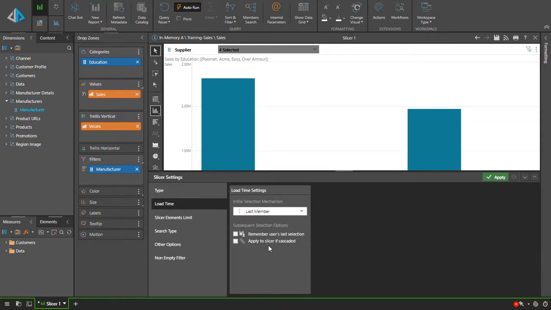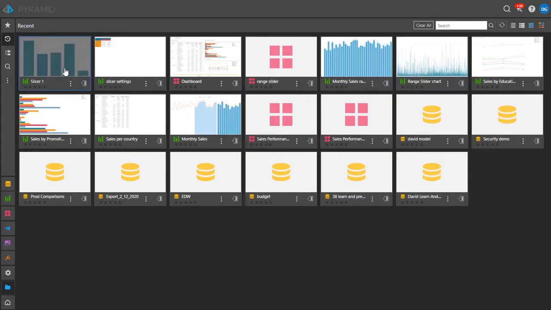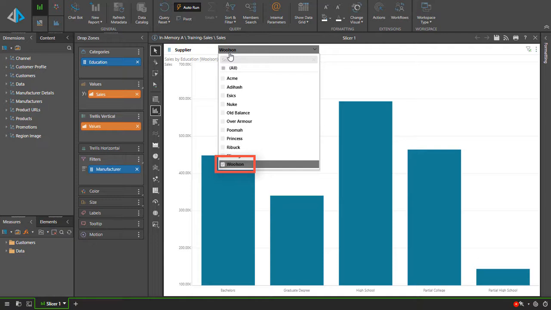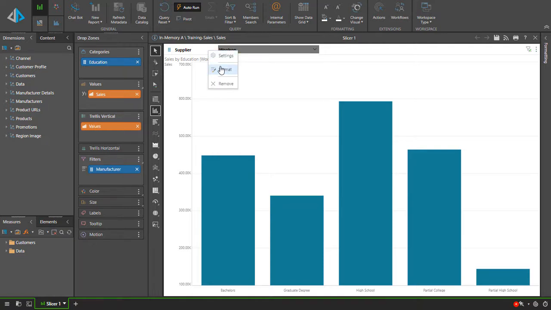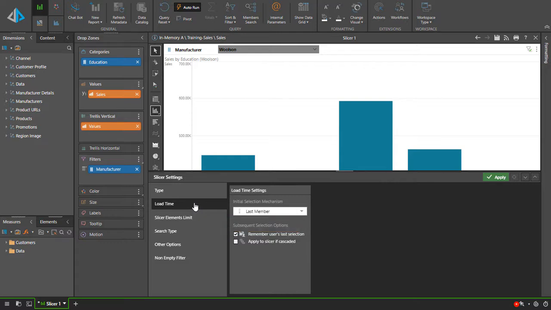We'll select the last. Let's save the report, and then let's reload it. We can see the slicer's initial selection defaults to the last item in the list. Subsequent selection defaults also allow the user's last selection to be remembered. If this option is not enabled, the given initial selection mechanism will be loaded every time the user opens the